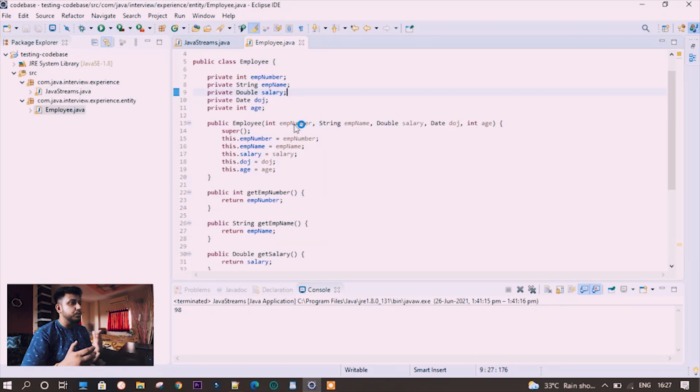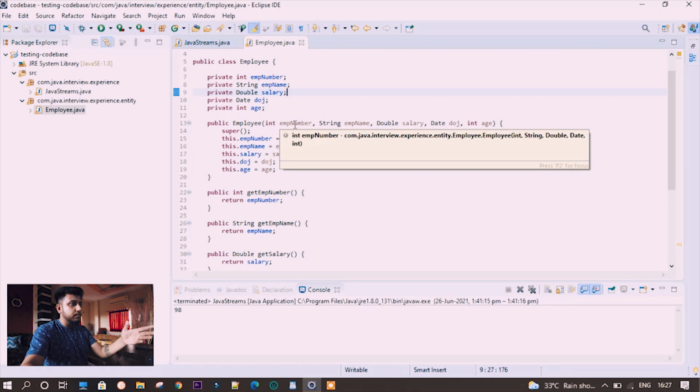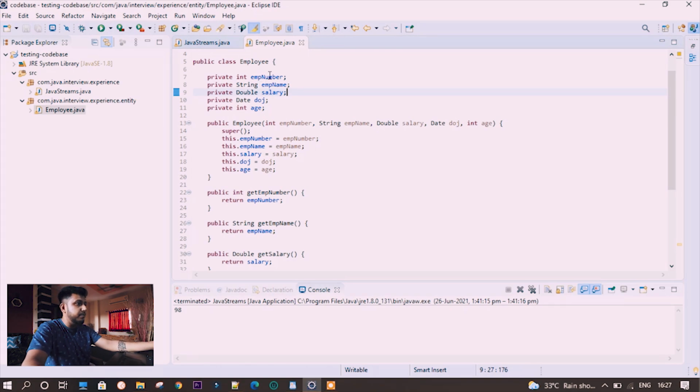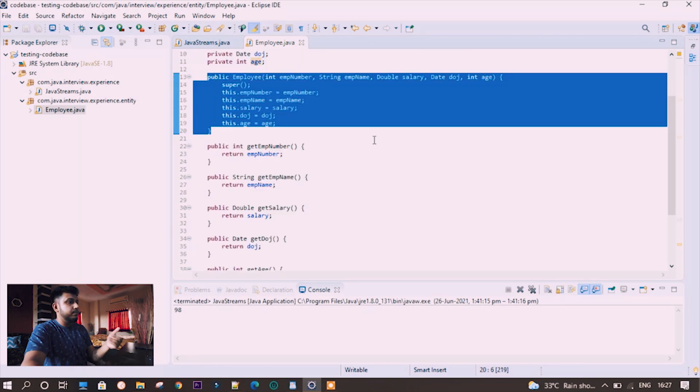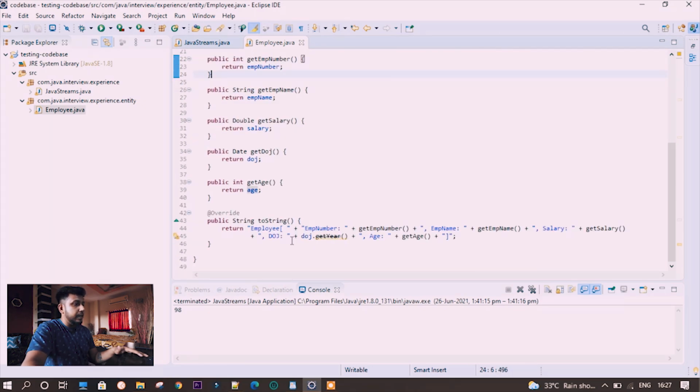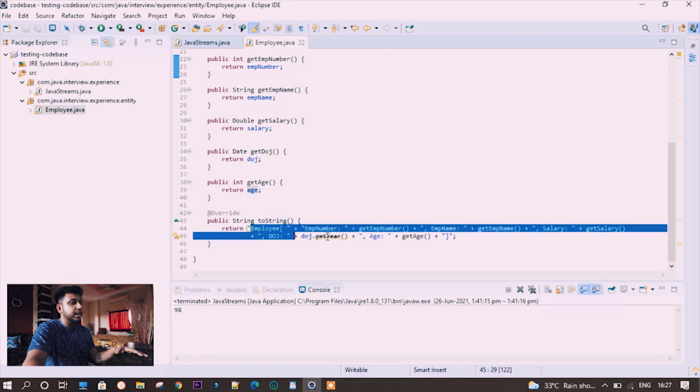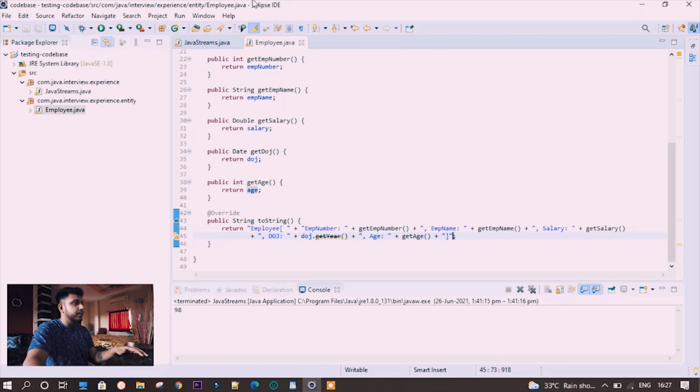We'll use this employee class in other scenarios, which is why I previously created it. It has employee number, employee name, salary, DOJ, meaning date of joining, and age, with one parameterized constructor and only the getters. And here I have overridden the toString method, where I'm just returning that employee object as a string.